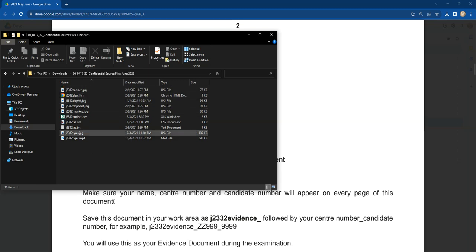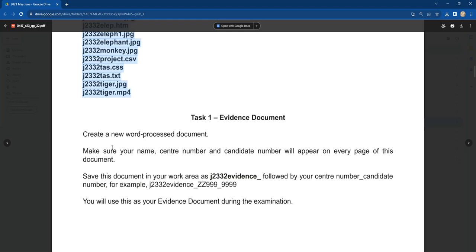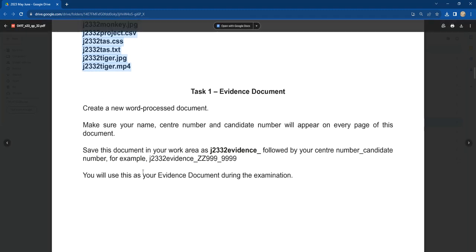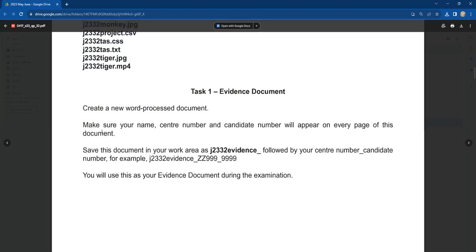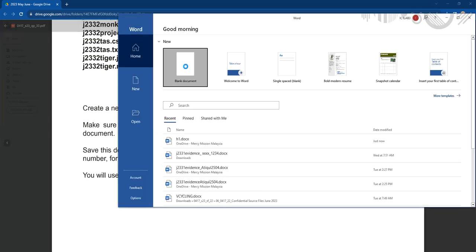Now, these are the files you are given, and the question says create a new word processed document. We are going to use this one for our evidence file. So yeah, this one is open. Then the question says make sure your name, center number, and candidate number will appear on every page of this document. So just click,